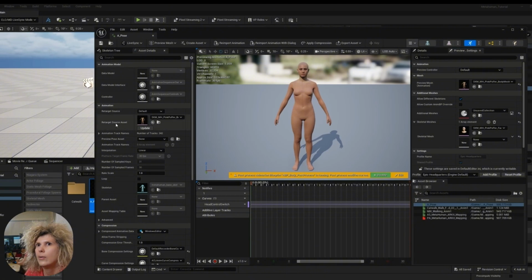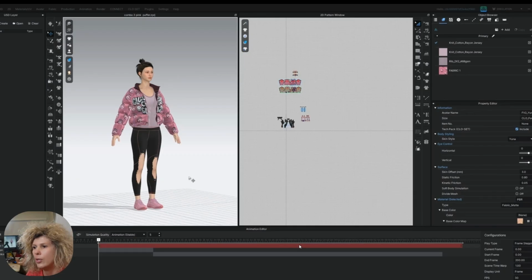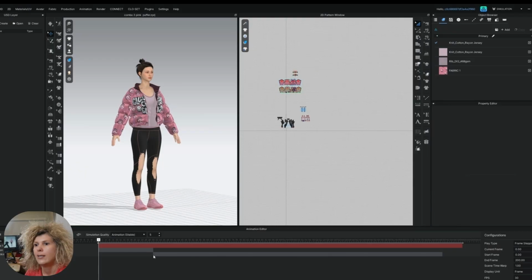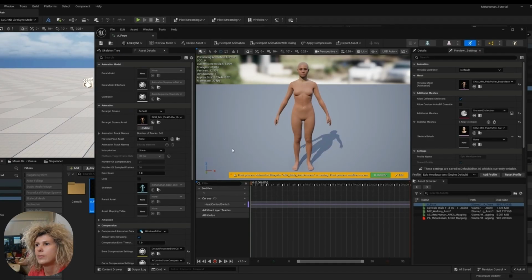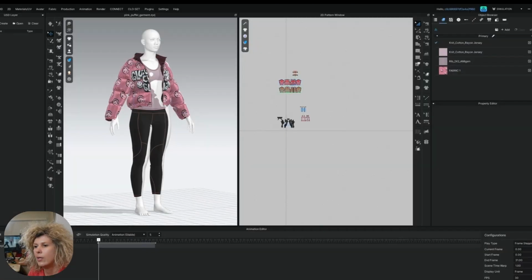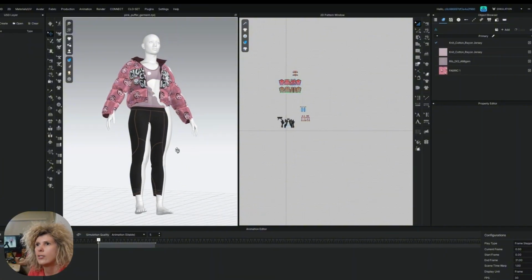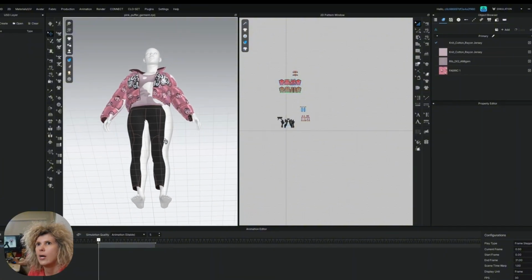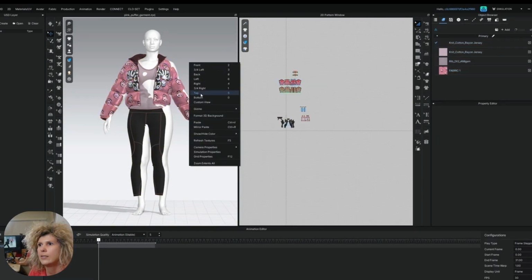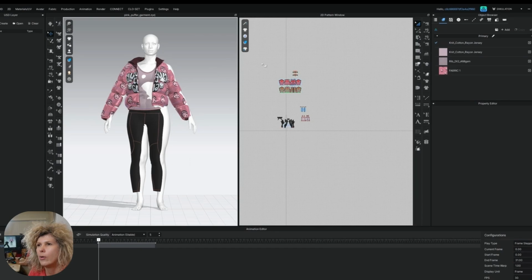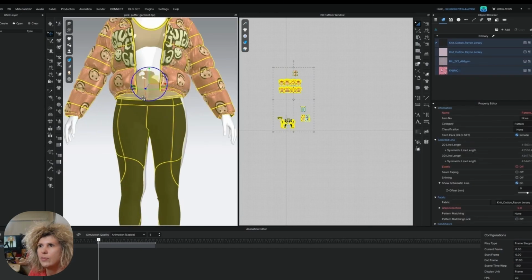And go to Clo MD Live Sync. Okay, let's go to Clo. You need to have Clo and Unreal Engine both open when you do the sync. Live Sync Geometry Cache. Export. Now when we go to Clo, our MetaHuman is exported. And now we'll need to fit it. We're just going to select everything. You can do this with Clo or Marvelous Designer. So let's just move everything,